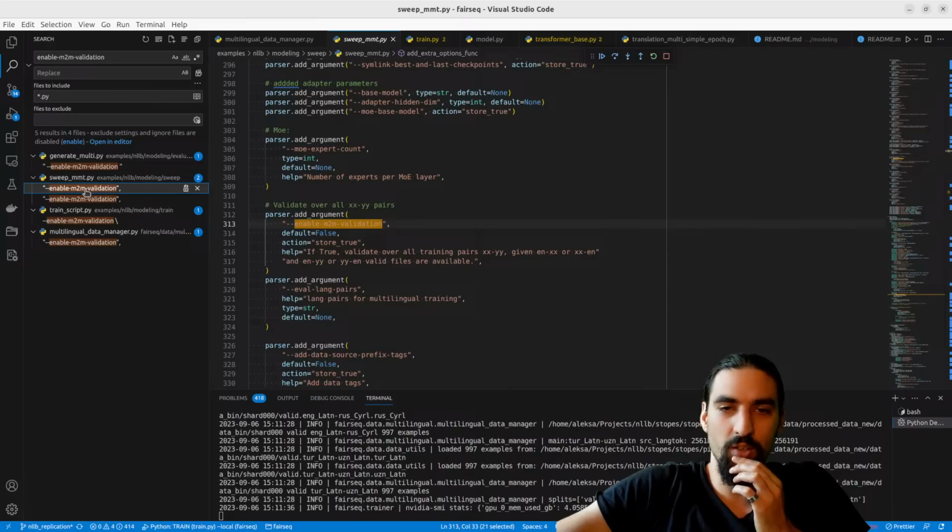If true, validate over all training pairs x, y, given English to x or x to English, and English to y or y to English are available.